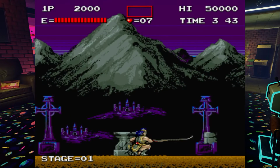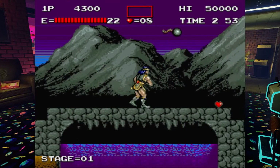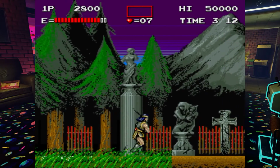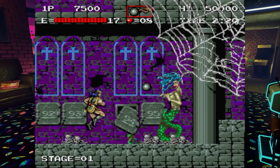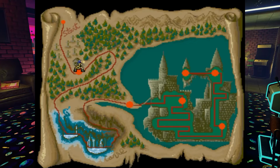Okay, I've made some more progress, got past the Brick Devil, made it over some flames, whipped some more enemies for hearts and bombs. Yeah, no candles in this game. You get your power-ups from enemies. So we get past dryads and zombies and bats, and the first boss is Medusa. She's simple enough, jump over the snakes, chuck a few bombs, and boom, she's finished. No Orb of Light, no end of level bonus, we just check the map and boom, we're off to the